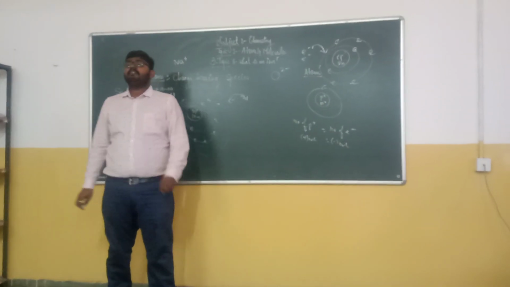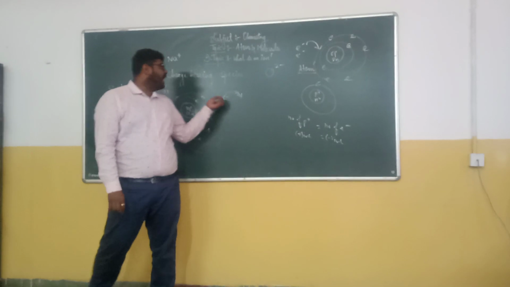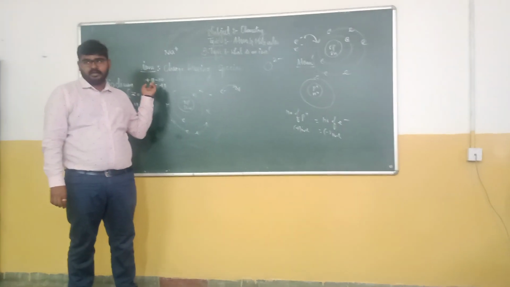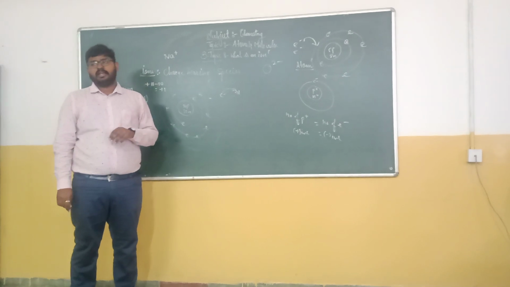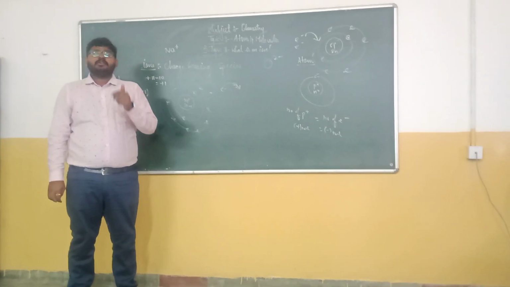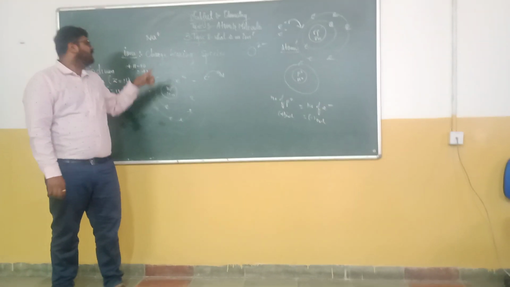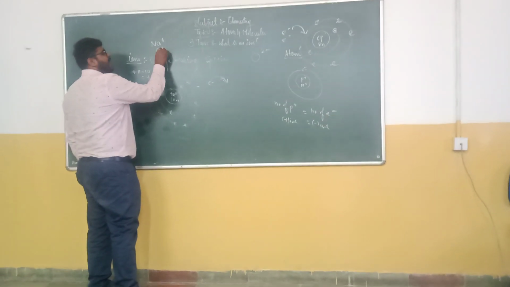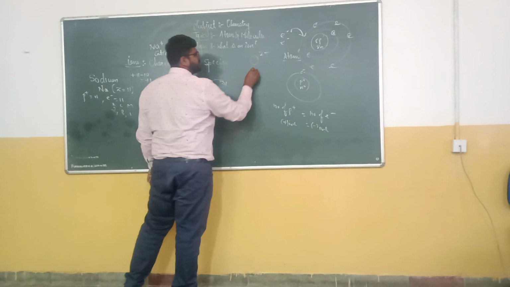So in this way, we can conclude that ions are charge bearing species. Either it can take positive charge or negative charge. Fine. So just a last moment, positively charged bearing species are called cations and negatively charged bearing species are called